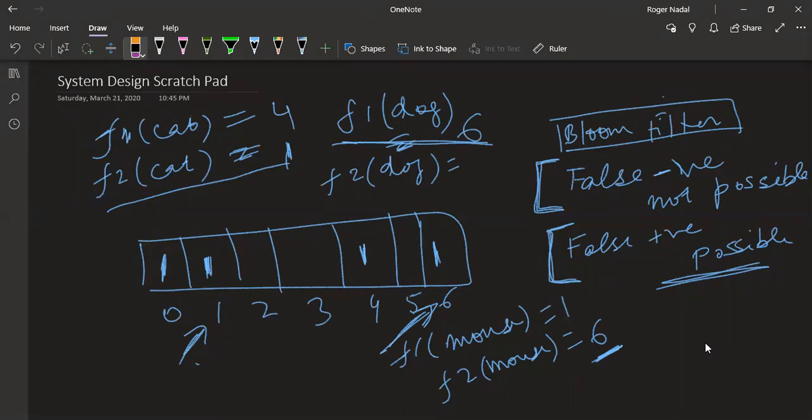Practically, how many functions are typically used, let's say for an English dictionary? It depends, but 3 is a good choice to start with. And then it also depends how big your data set is, which will tell you a good value for your bit set size, like how many bits you want to keep. Actually, there is a mathematical equation which will give you the value if you want, say, 0.001% error, then choose this value.